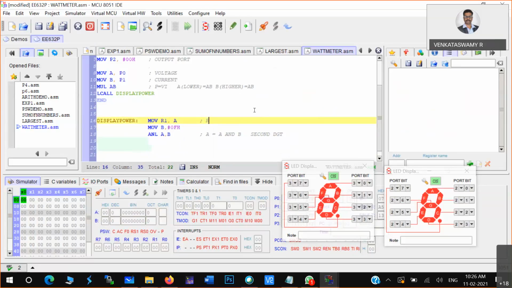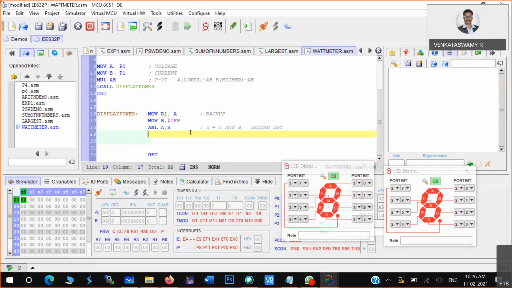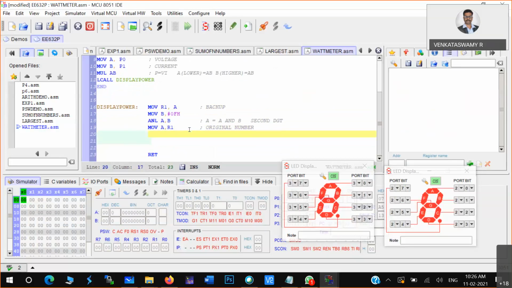So R1 is equal to A. This is basically a backup, because A will change at this particular AND operation. Now R1 is taken as backup. Now MOV A comma R1. That means I'm taking the original number. So this is the original number.